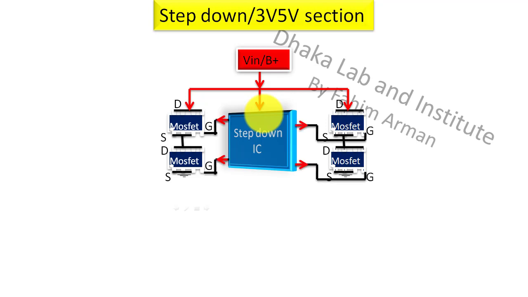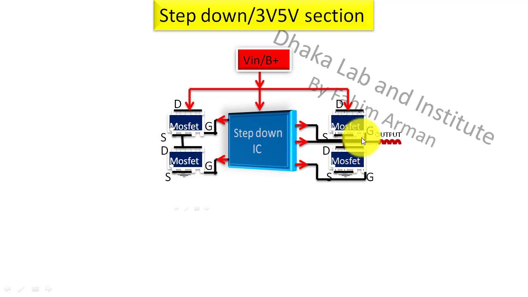When the step down IC makes these MOSFETs turn on, there will be a high-low signal, and then the step down IC will also provide phase, and after getting the high-low frequency, this MOSFET will create